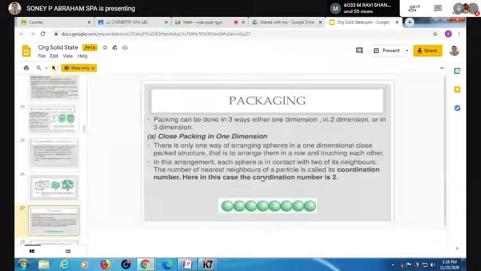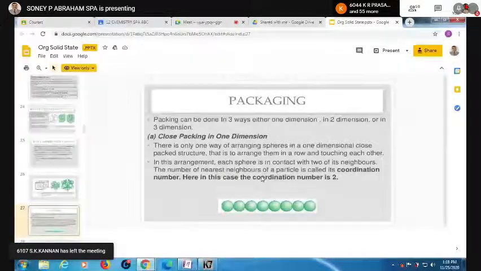Okay, and we will discuss this arrangement of constituent particles. As I told you, each and every particle will be considered as a hard sphere, and we will be discussing in 1 dimension, in 2 dimensions, as well as in 3 dimensions. We are given a number of atoms, a number of spheres. Each atom is represented as a sphere. So you are given a number of spheres. How they will be arranged in 1 dimension, so that you will leave minimum space between? How will you arrange them?